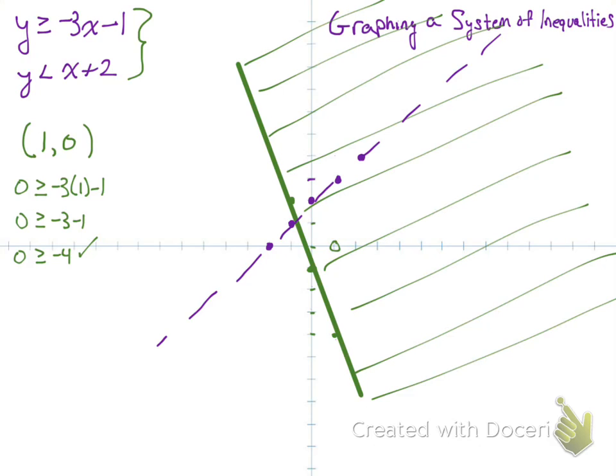So there we have it. I'm going to test quickly the origin this time. I can test the origin because the origin is clearly on one side of this boundary line. So if I test the origin, I'm going to have 0 is less than 0 plus 2, which is 0 is less than 2. Well, that again is true, so I want to shade toward my test point, not away from it here. And I'm going to simply draw some